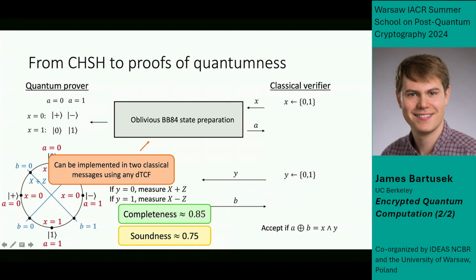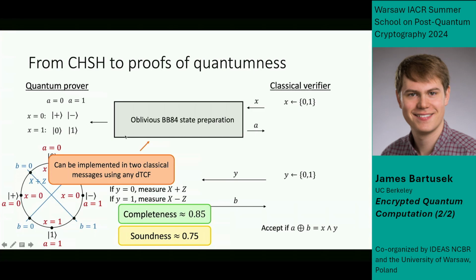Good, and yeah, this is all just classical communication. Okay, and then the final point I wanted to make is that this state preparation protocol, as we saw, can be implemented in just 2 classical messages using any dual mode TCF. So what this gives us is a 4-message proof of quantumness protocol from some general assumption, this